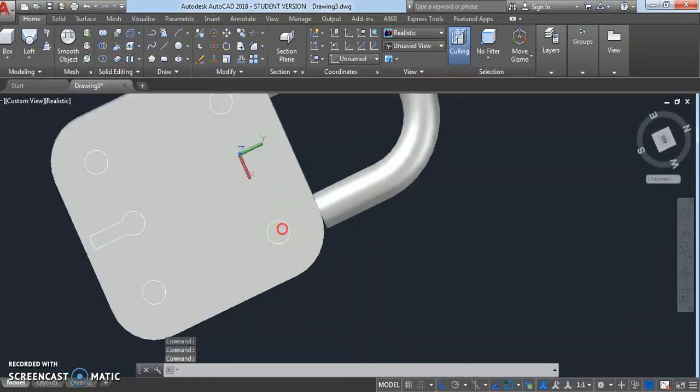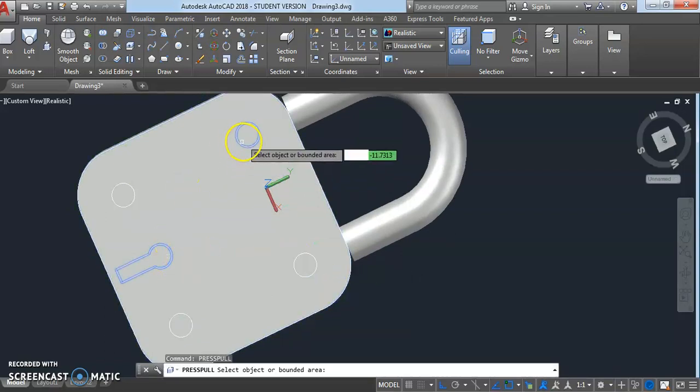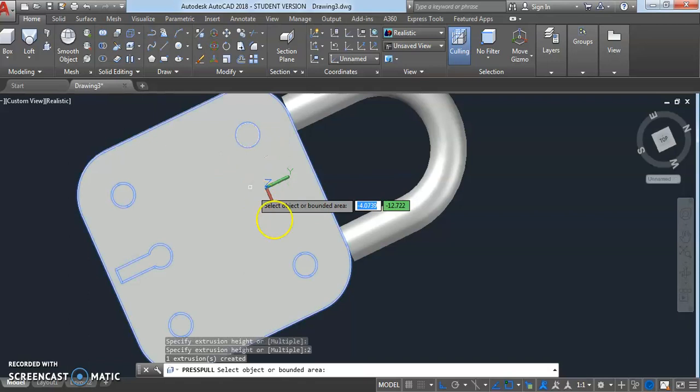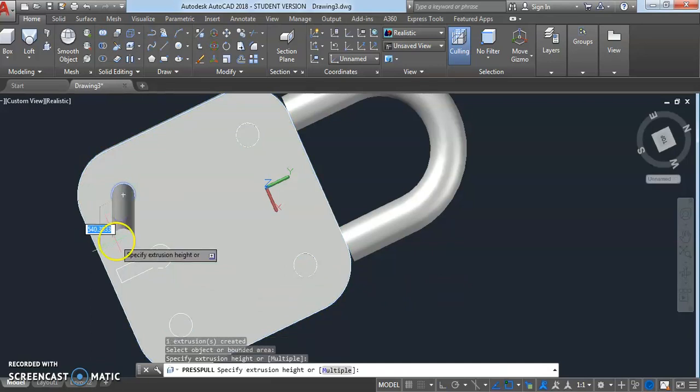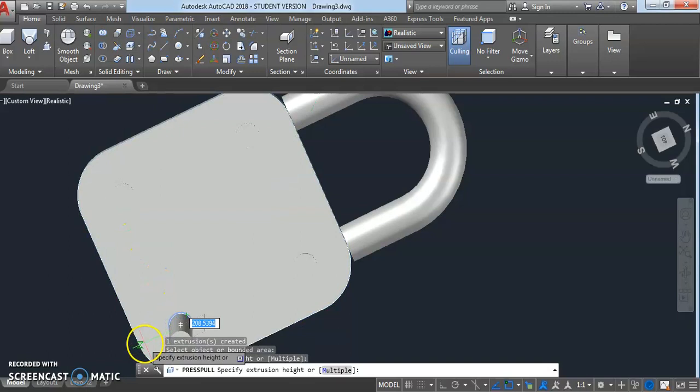Press PR, double X, press here, go towards your curve, here, this, here, there, this, here, and this circle here.